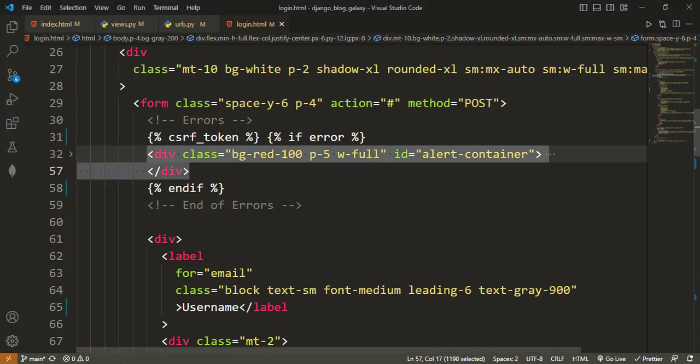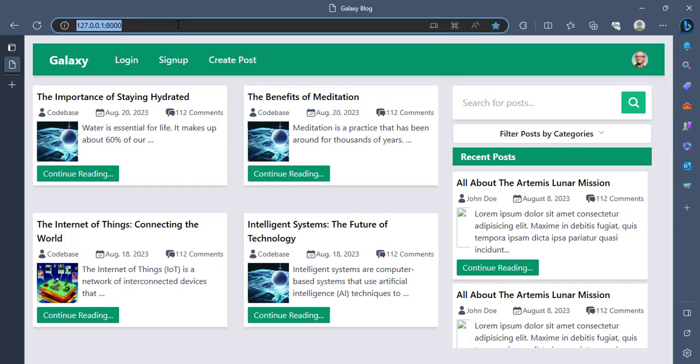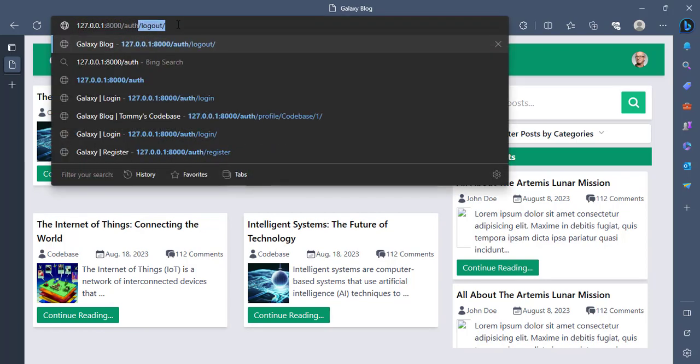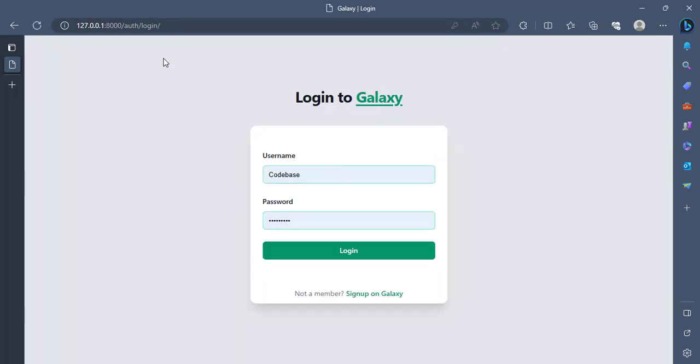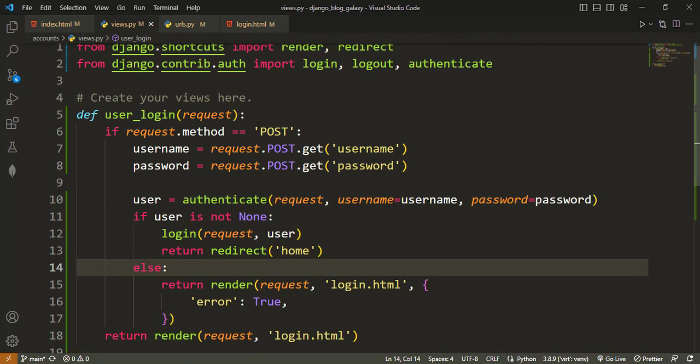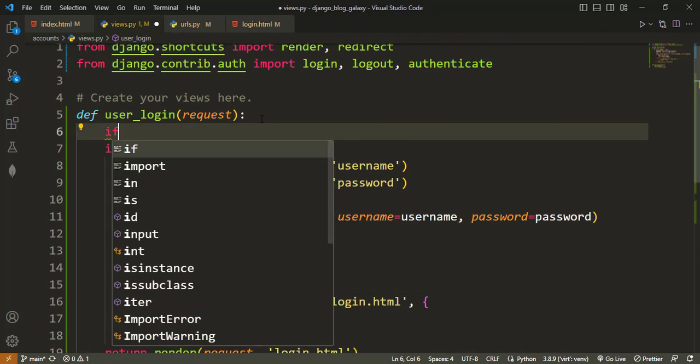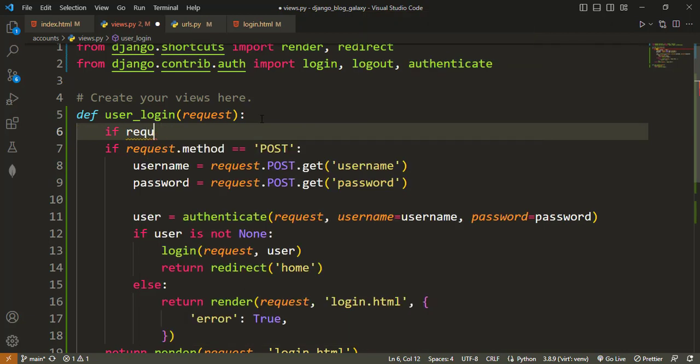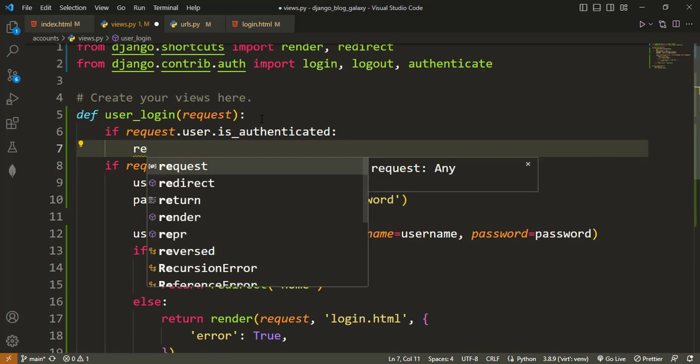But we also have to prevent the case where the user is already logged in and will also want to again type auth/login. Because if you're already logged in, I don't know why you want to log in again. So let us see how we will work on that one. We can, in the views.py file, say that if request.user.is_authenticated,